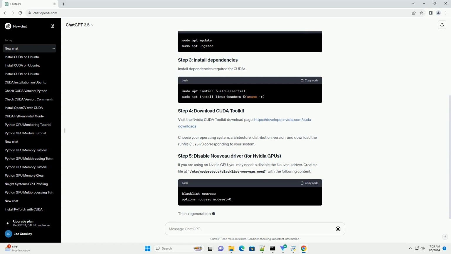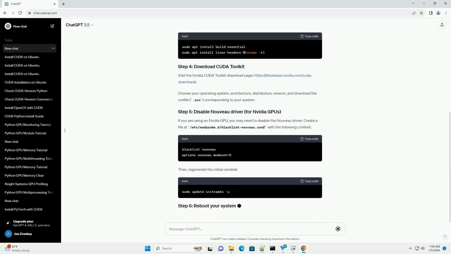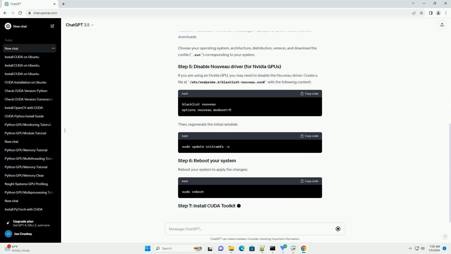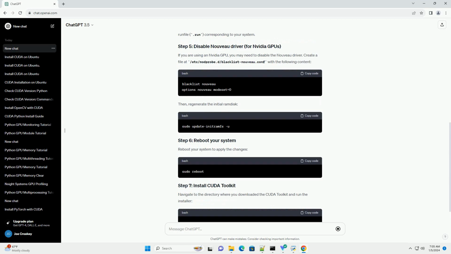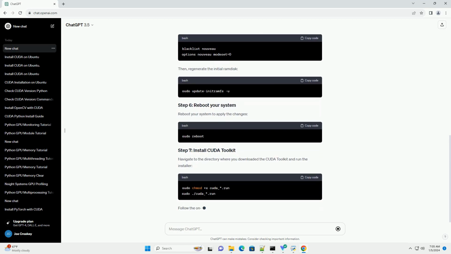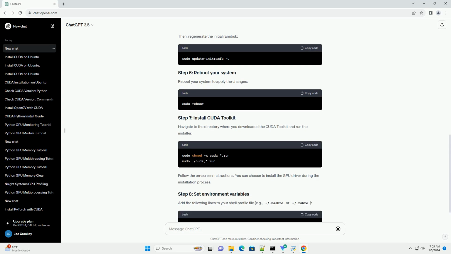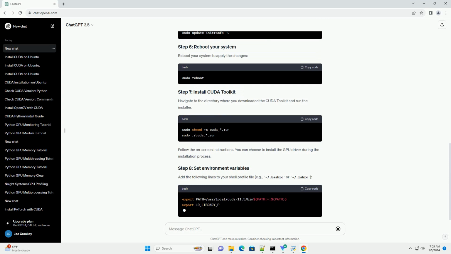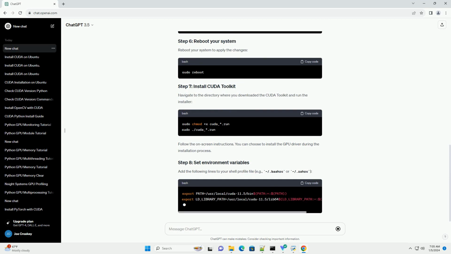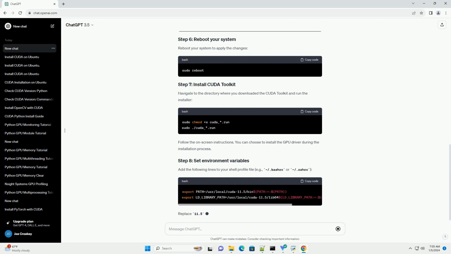Before installing CUDA, make sure your GPU is supported. You can find the list of supported GPUs on the official Nvidia website. Make sure your system is up to date by running the following commands. Install dependencies required for CUDA. Visit the Nvidia CUDA Toolkit download page,